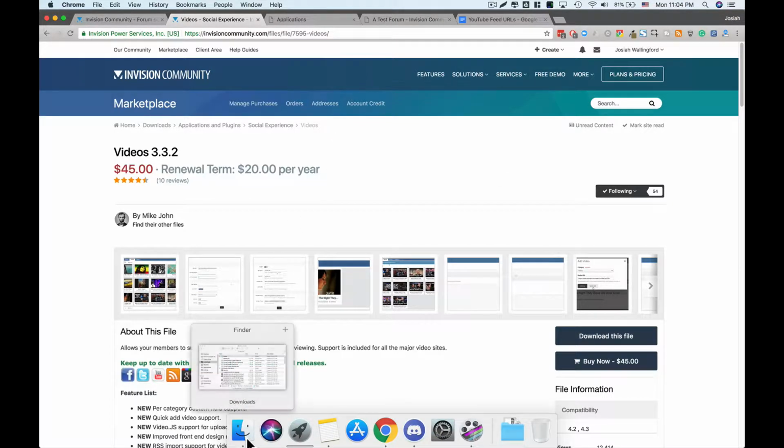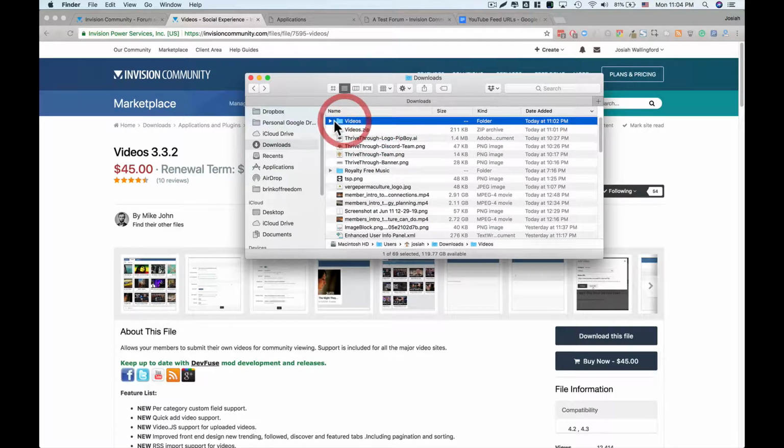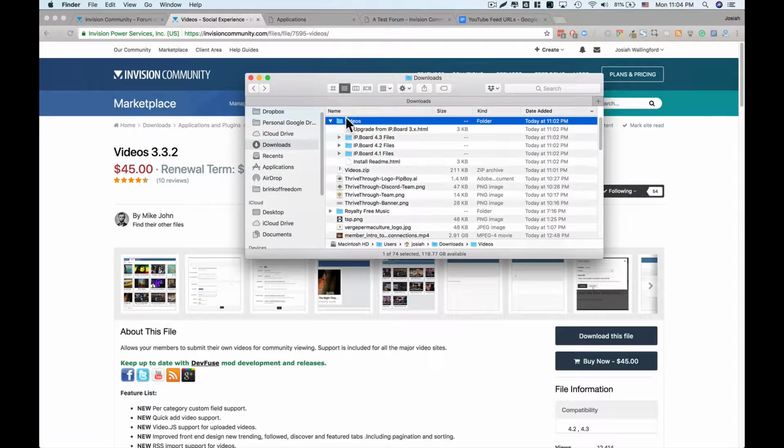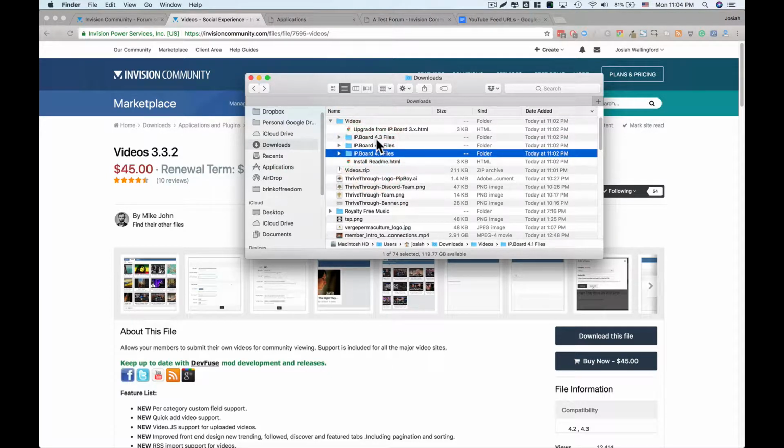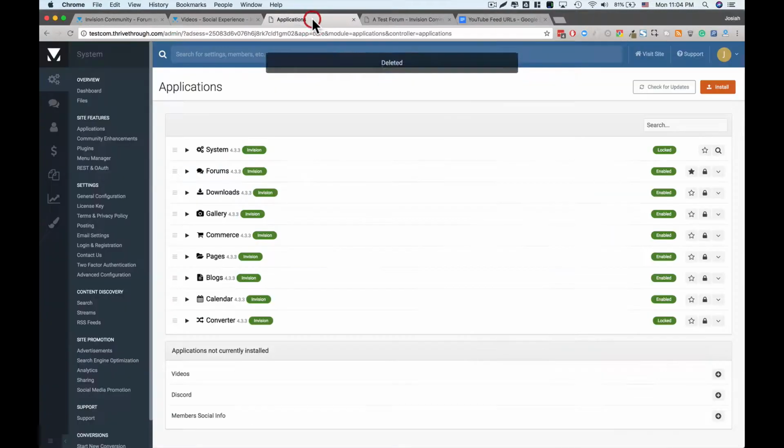Once you've downloaded the file, you're going to have to unzip it because it comes in a zip format. Unzipped, you'll get a folder that says videos and the different IP Board versions you have. The install files we're looking for in this case are 4.3 and the videos.tar file. So head over to your Invision Community